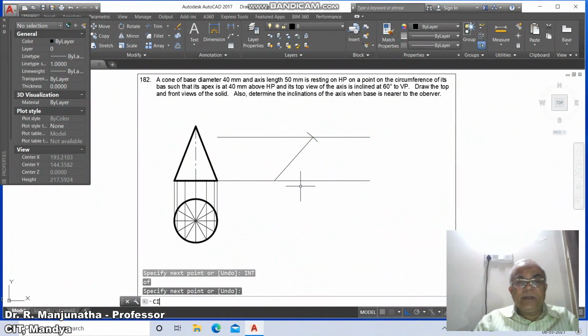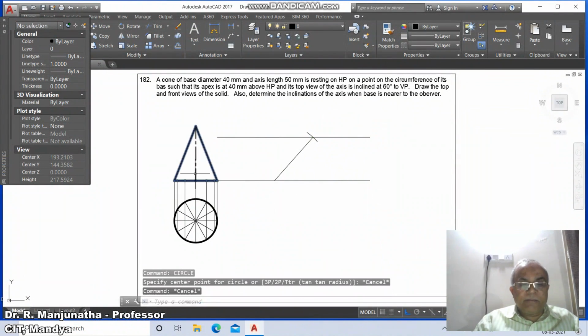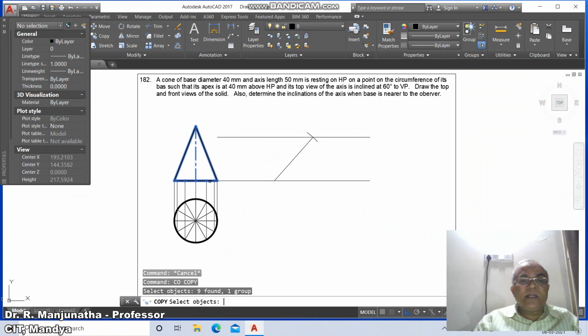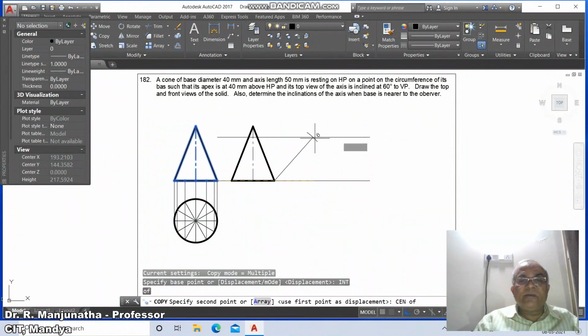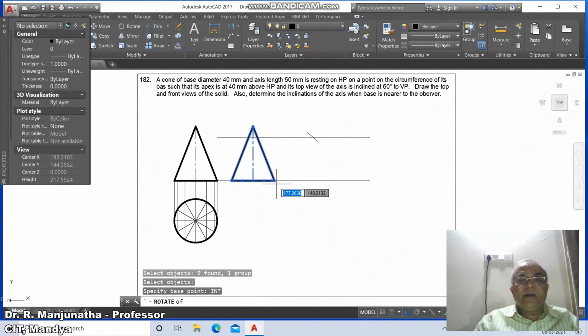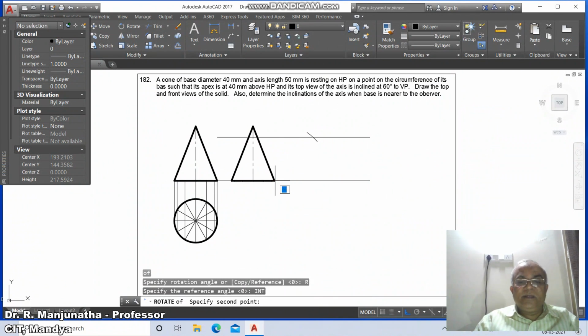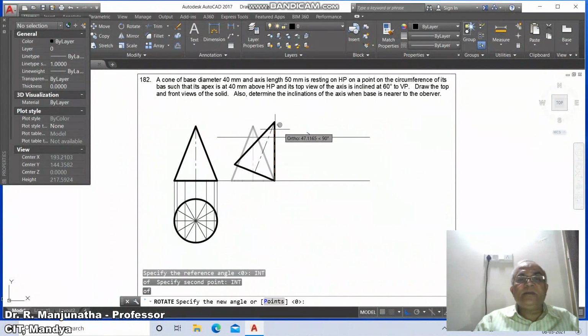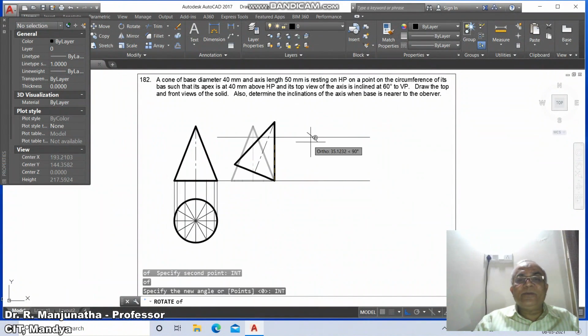Then go to copy, select this, copy, select this, take int of this and take center of this. Select this, take base point, int of this and reference, take int of this and take intersection point of this, then rotate with reference to this line.